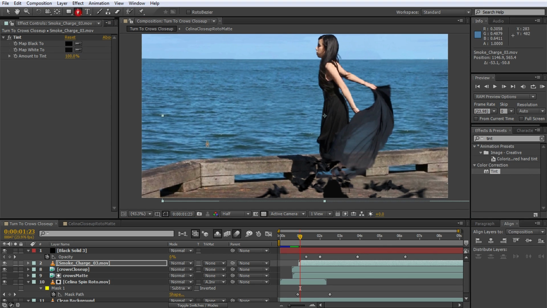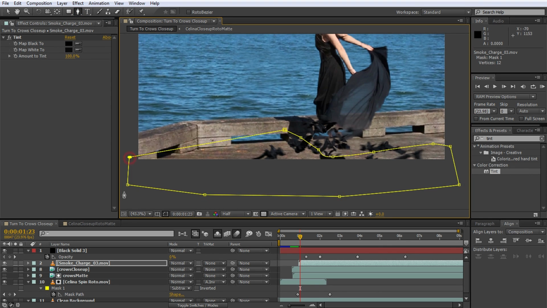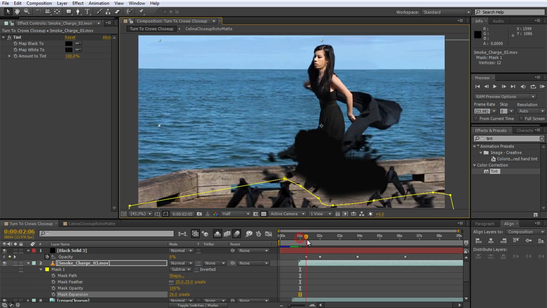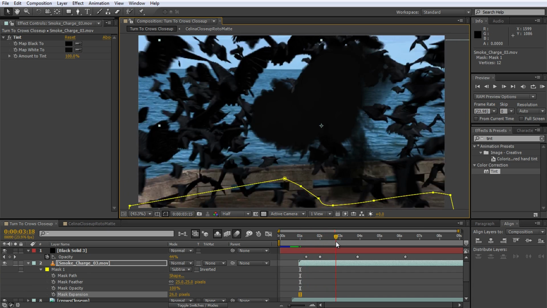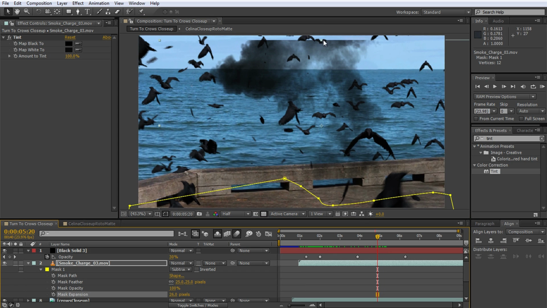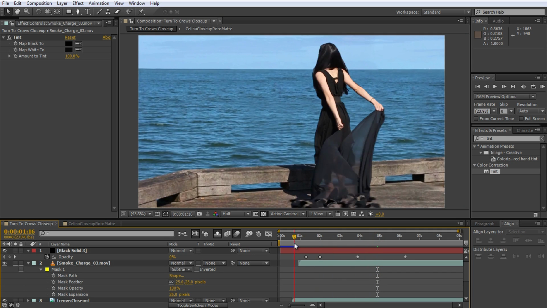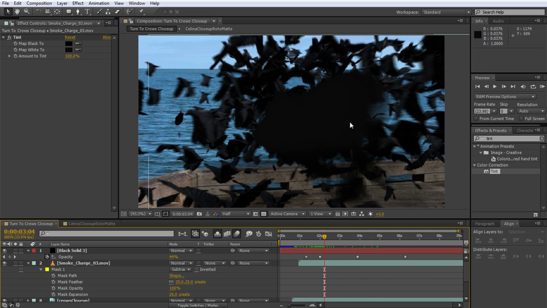I will also draw a rough mask around the bottom of the stock footage element to remove the harsh bottom edge. Set the mask mode to subtract, feather it out and increase the mask expansion if required. The smoke charge or whatever other stock footage you used should now sit on top of your crows effect. Let me just scale it up a little bit more so it doesn't get cut off at the top. There. Note that this stock footage element overlays our crows in a very unnatural way,